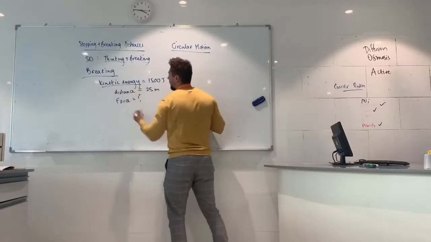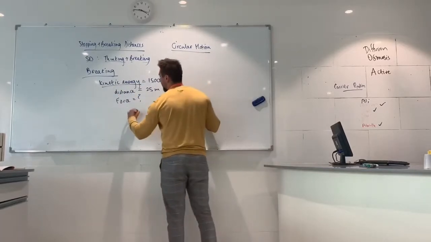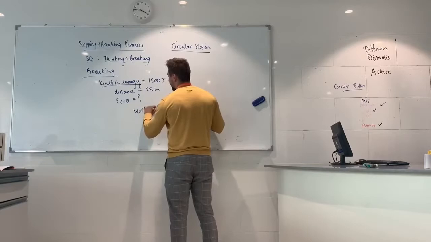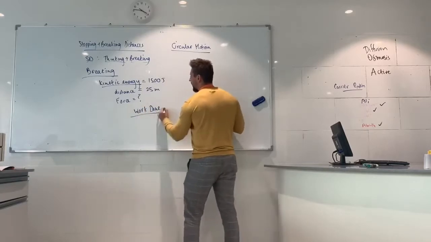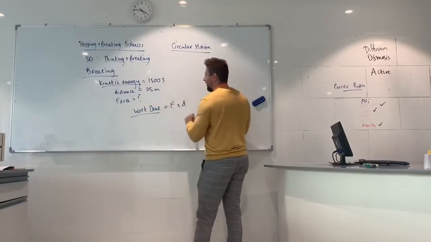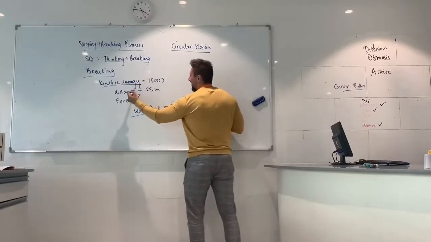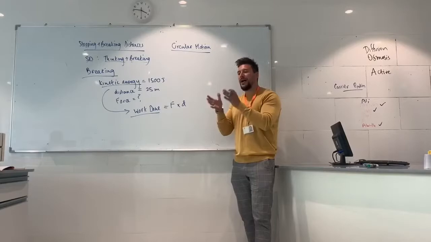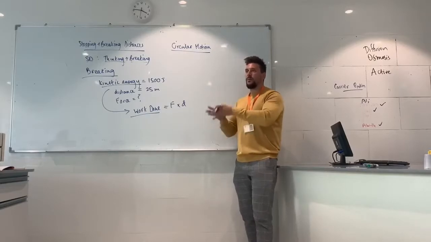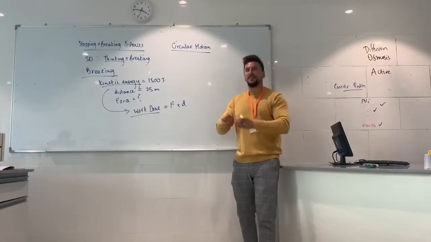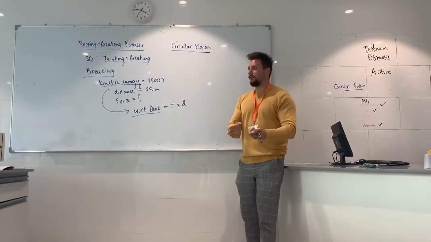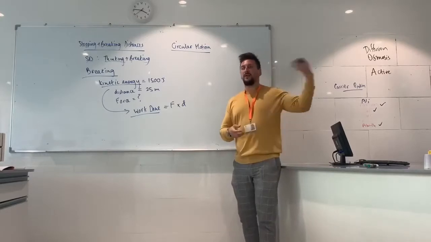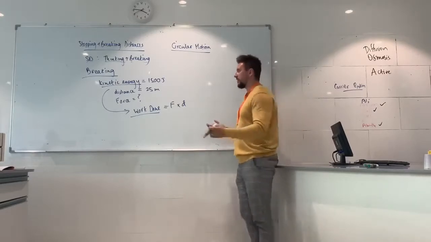This kinetic energy is transferred as a work done. So the work done by the brakes equals the force of the brakes times the distance. The kinetic energy is the work done. All the kinetic energy that you had in your car as you were moving, which then came to a stop, has been transferred by work done, force on the brakes. That will be dissipated as heat into the surroundings, okay?